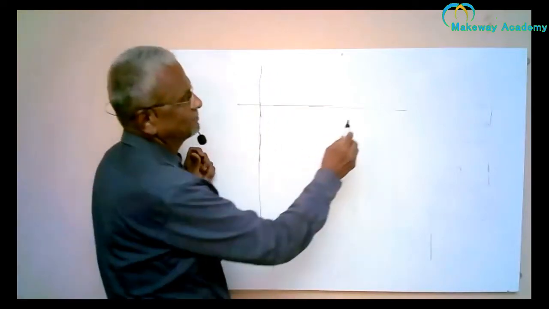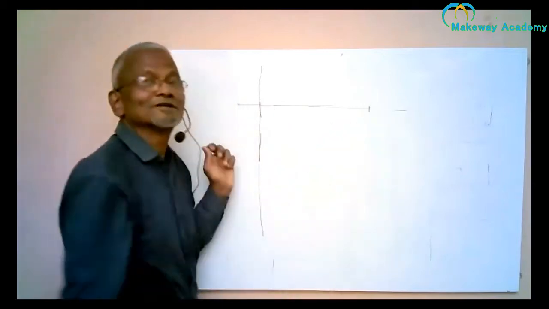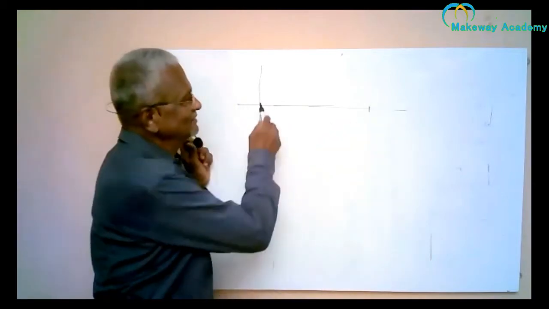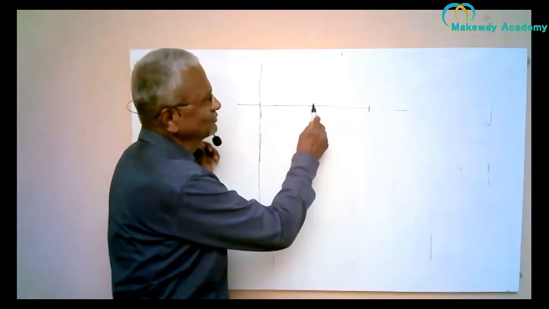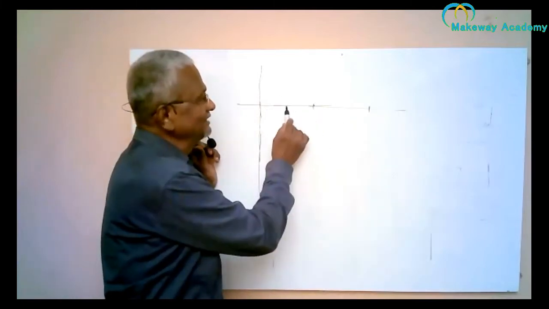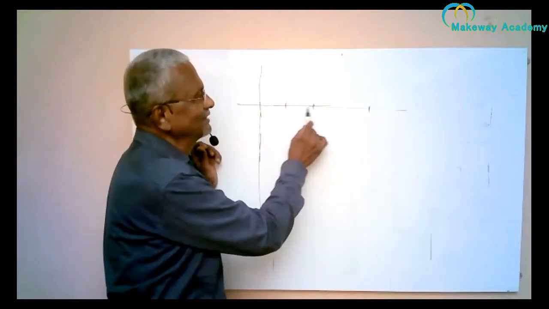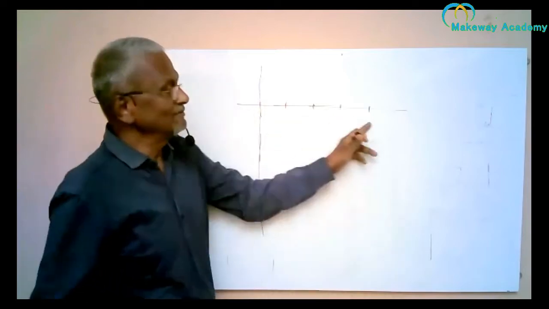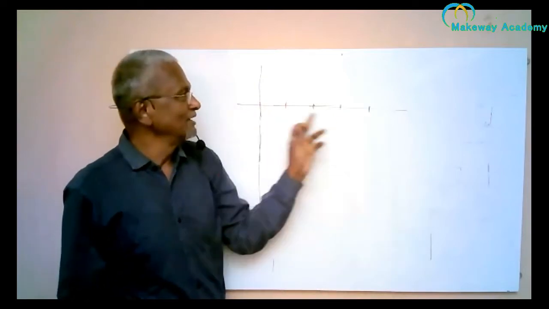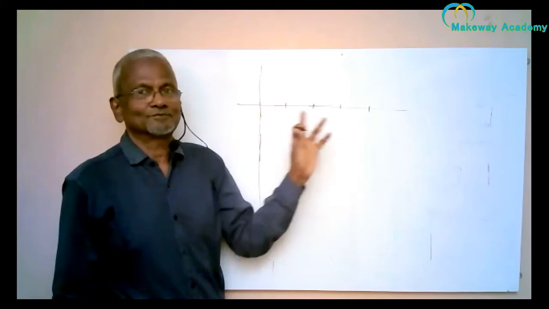And then I mark a point here. And then I say it is 400 mm. So this is 400 mm. I divide this into 200 each. And then I divide this further into 2. So 100, 100, 100. So I have a scale, 4 units. I can read from 1 to 4.